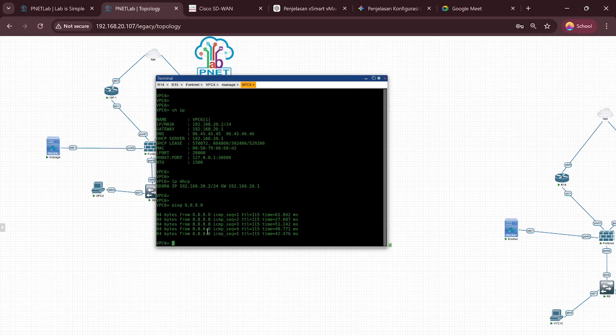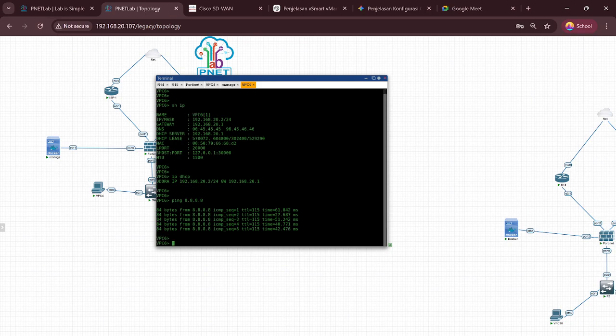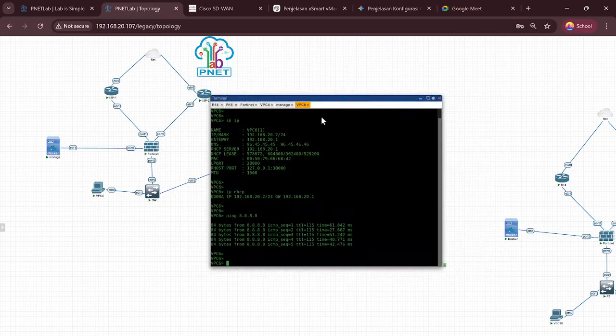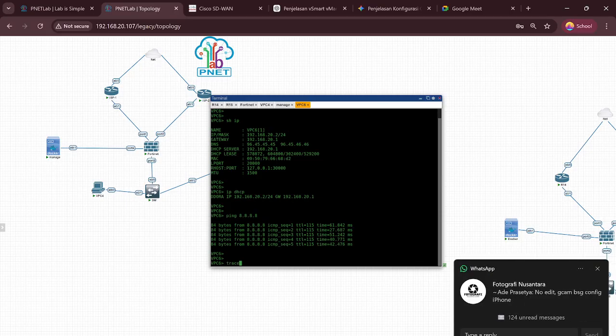Okay, successful. And next, test route, test trace.